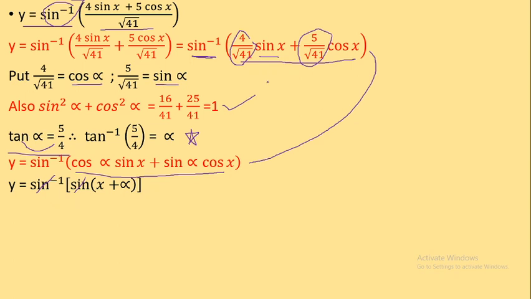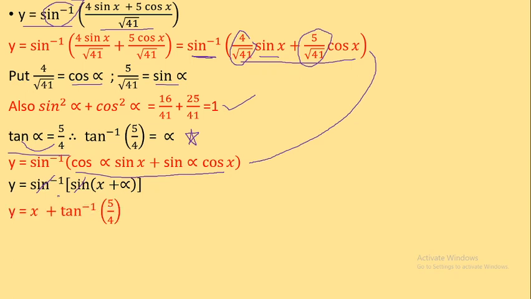Now one thing: somebody may want to make this as cos. Surely he can make it, but at this step you will get a cos here, and then you have to convert that cos to its complementary, that is, change the cos to sine again. So instead of doing all that, the best thing is, if it is sine inverse outside, make sine inside. If it is cos inverse outside, make cos inside. That is the only thing. So now let us see the next step.